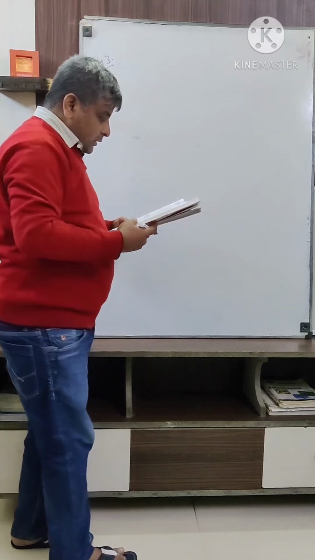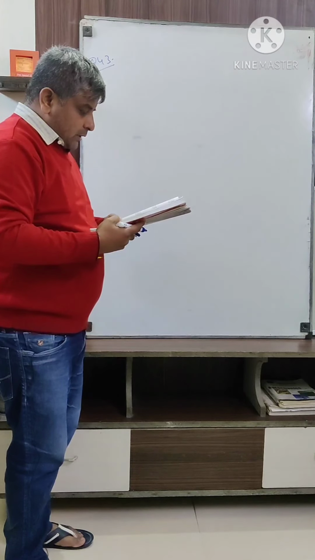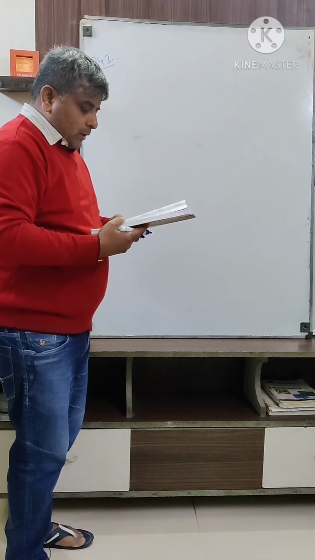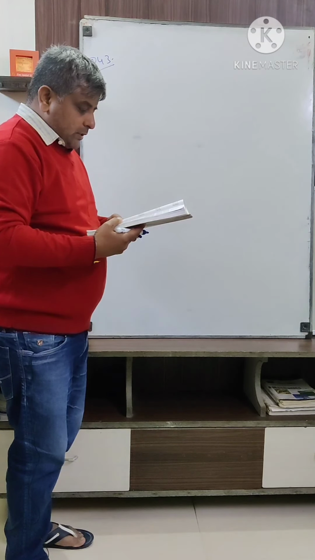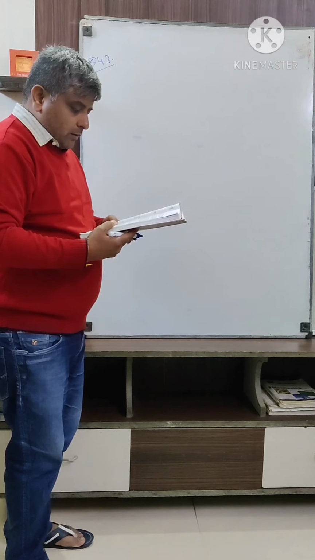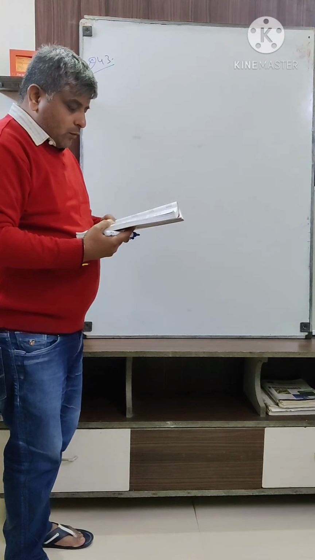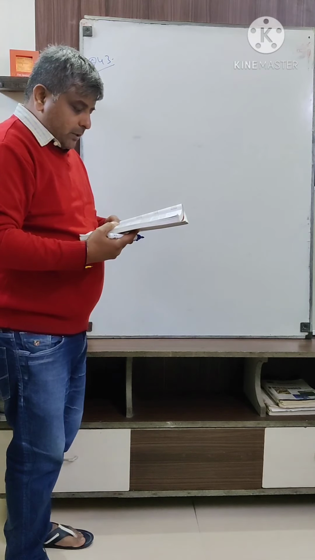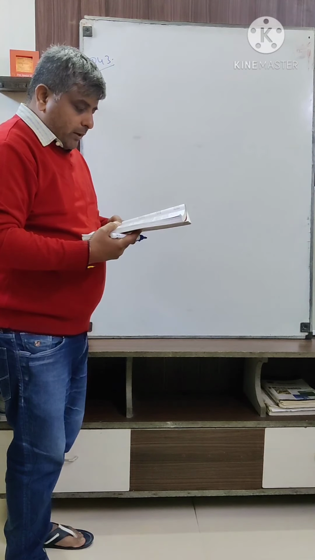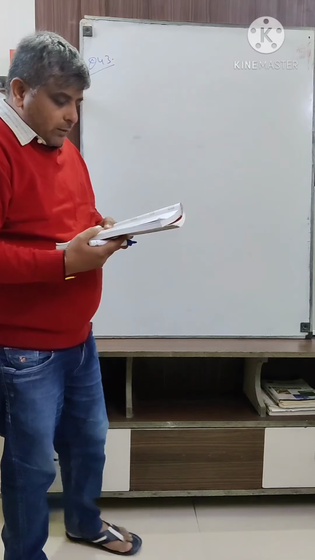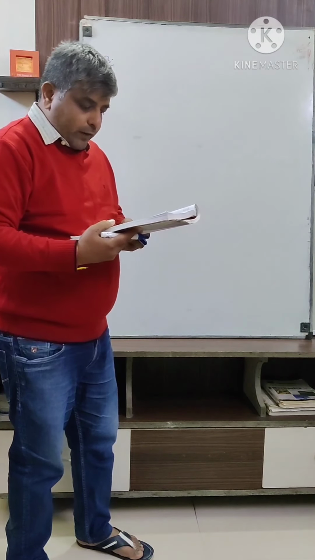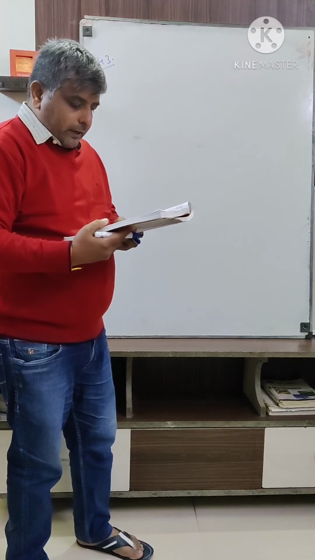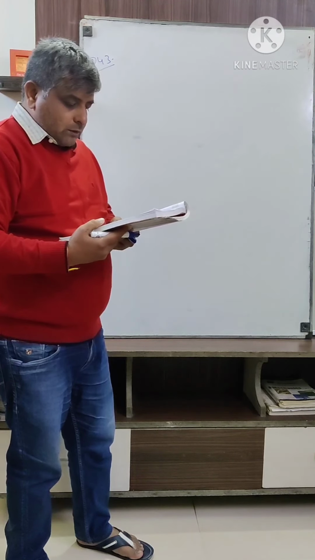It says that the figure shows a spring fixed at the bottom end of an incline of inclination 37 degrees. A small block of mass 2 kg starts slipping down the incline from a point 4.8 meters away from the spring. The block compresses the spring by 20 cm, stops momentarily, and then rebounds through a distance of 1 meter up the incline. So we have to find in the first part the friction coefficient between the plane and the block, and in the second part we have to find the spring constant of the spring.